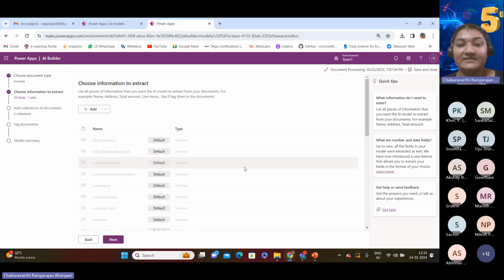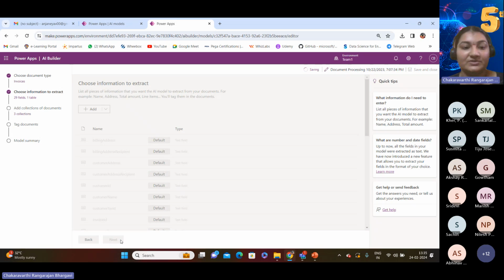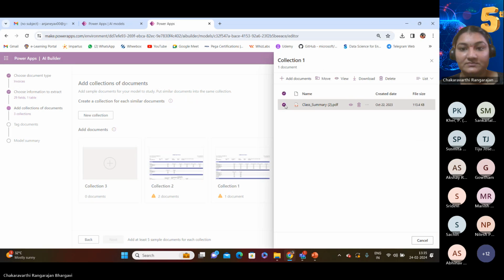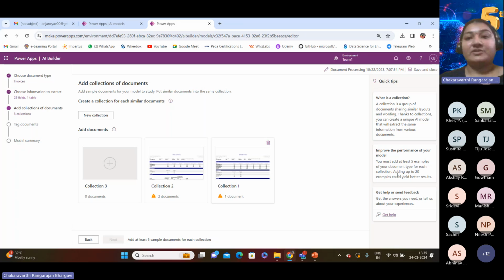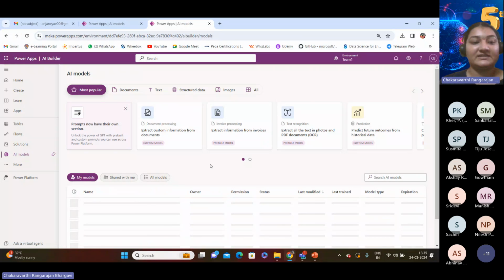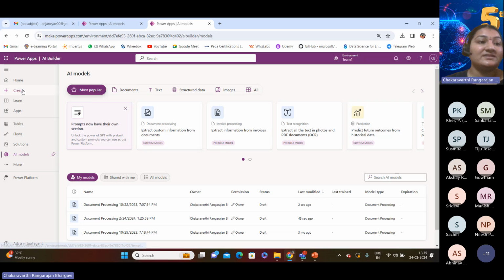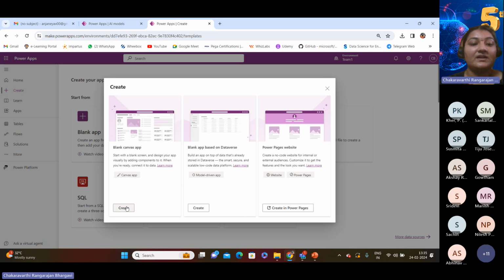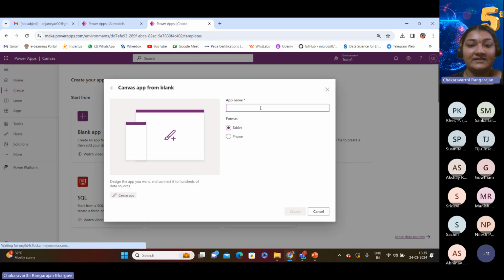When we have created that, it would allow us to choose for the documents, and we can go ahead and use the models with whatever collection we need. And once this is all done, what we can do from the apps is